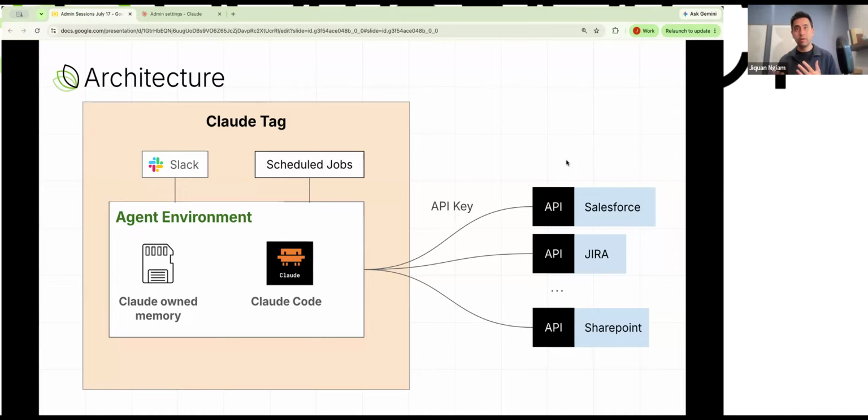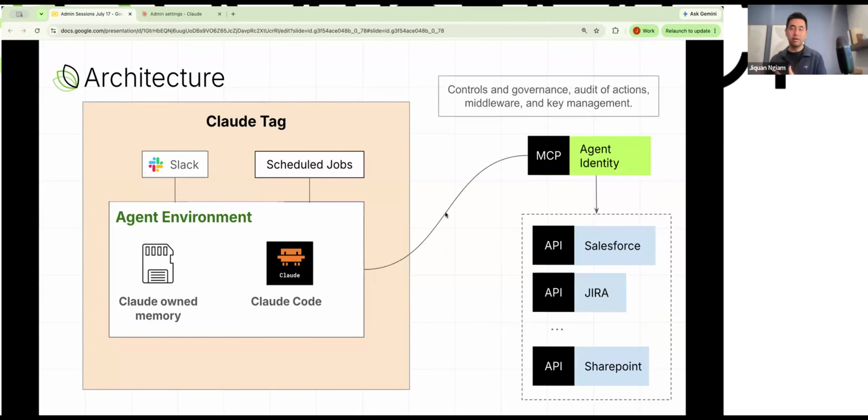One thing that my team and I have been looking into is how Mint fits into this picture. The thing we think hard about is how we really control and govern what these systems do. When you go directly from API keys to a system like Claude or Cursor, or in this case Claude Tag, a lot of things disappear. What is it actually doing with the API keys, what tools are being called, what endpoints are being used, what data is flowing, is there an audit of the actions? If everything is going direct through API calls, none of this is available to you, and key management is really hard as well.